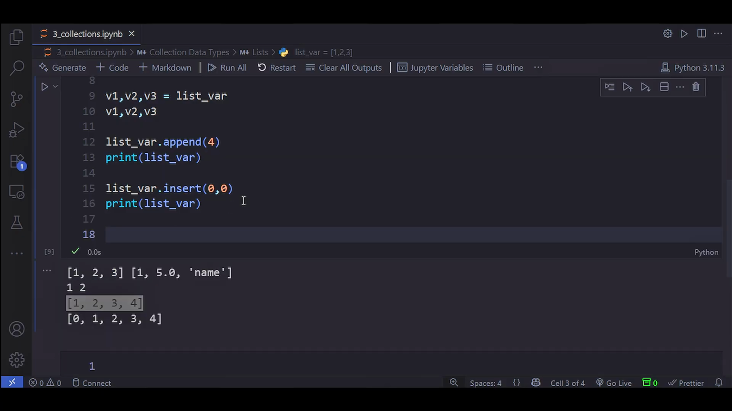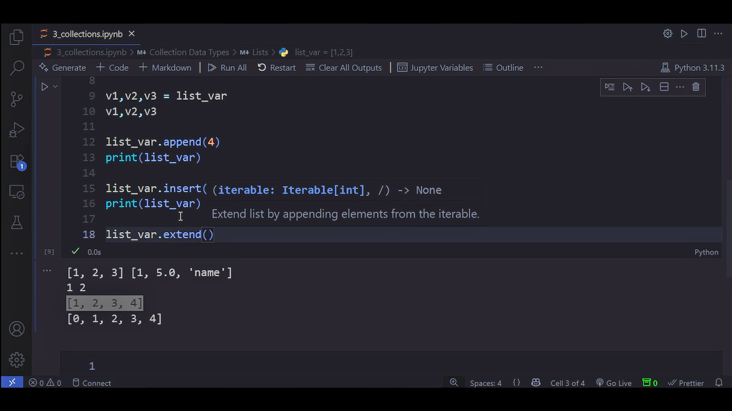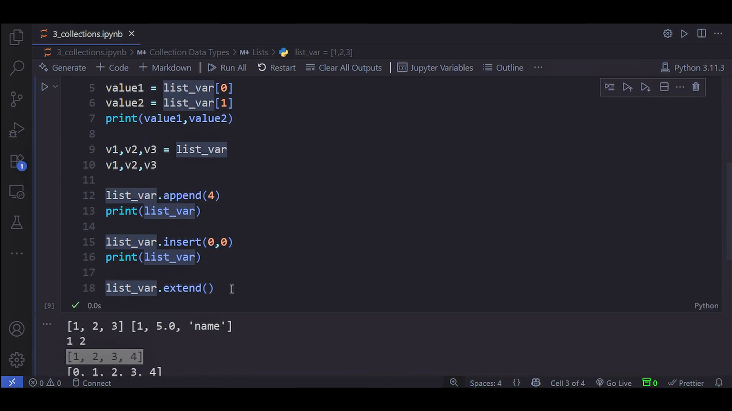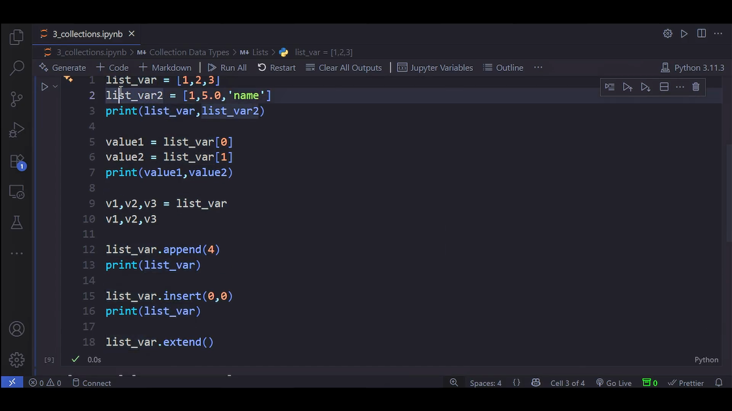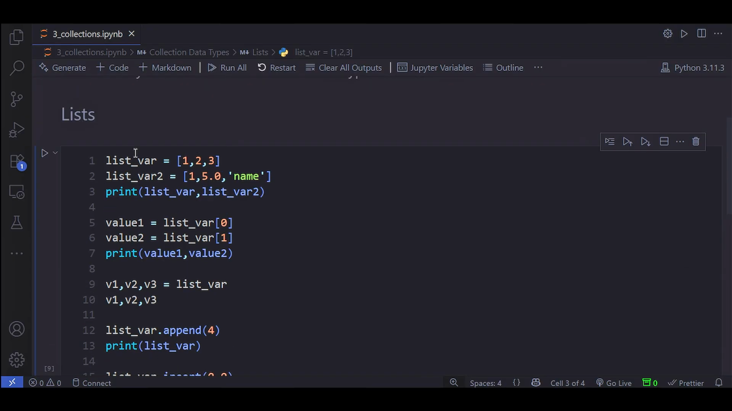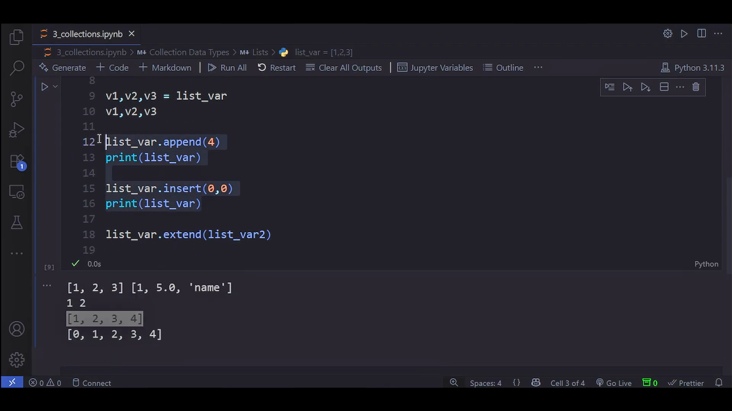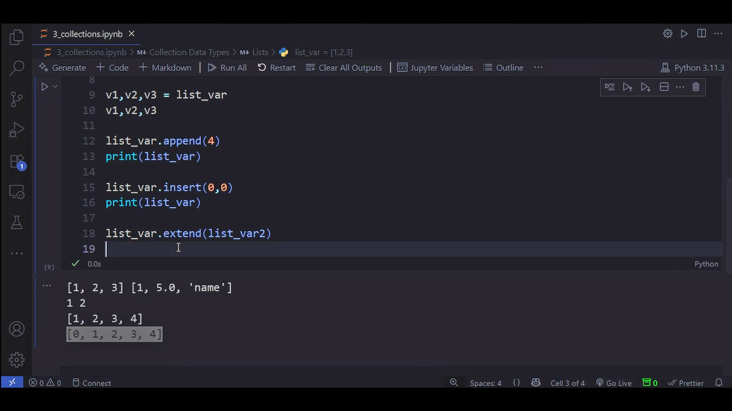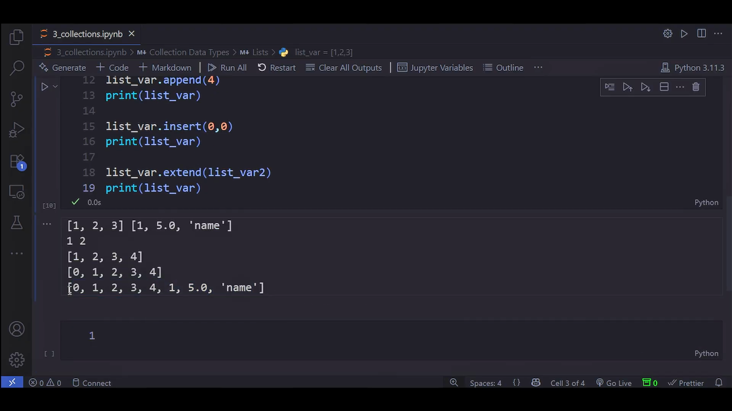The third method is extend, and this uses a list to extend another list. So here we will use our list_var, our first list, and we will extend it by our second list, list_var2. The result of this will be the first list. Obviously it's not this, because we have used some methods here, so we will use this list and extend it by the second list. So the result will be, as you can see here, this is our first list, and starting from 1 we